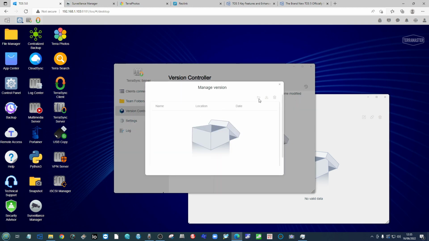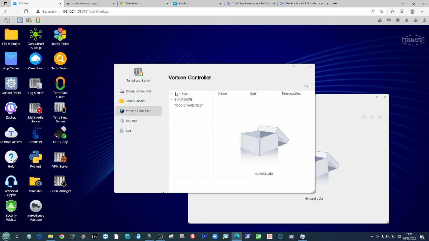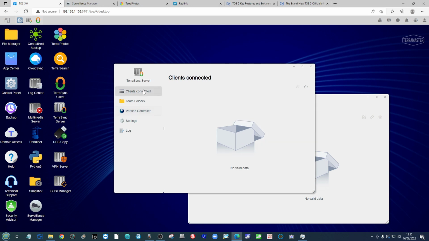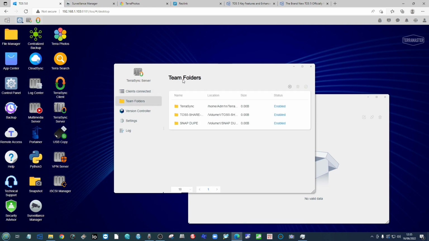So we can go in, and if there have been continued updates, I've gone for a daily update here on another app and a live sync here. The result is that you will be able to check out versions of files and revert to them. But once again, some of these applications, such as TerraSync, are still in beta, and therefore, for me at least, I do feel that they still need a little bit more work, and therefore I can't really review this beta